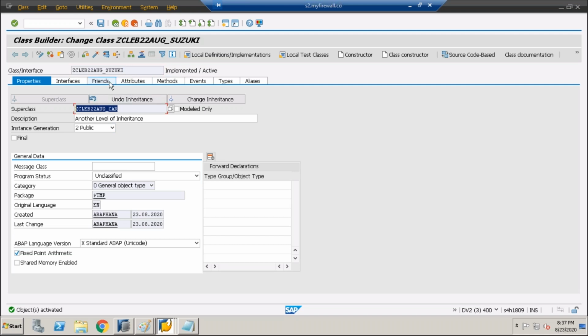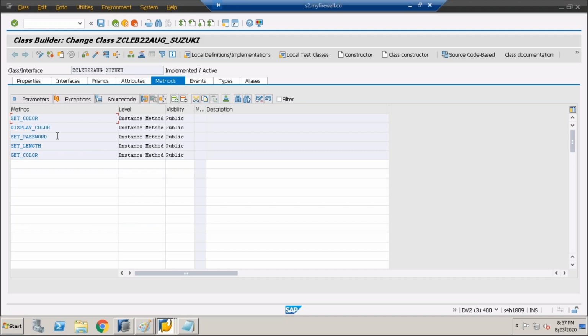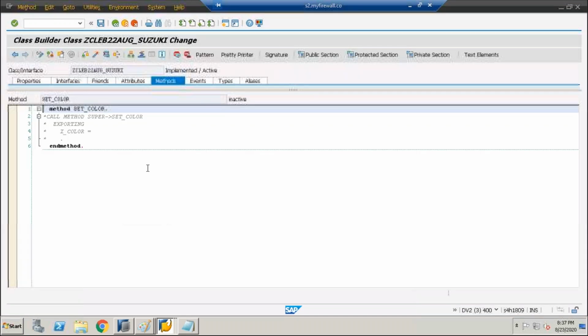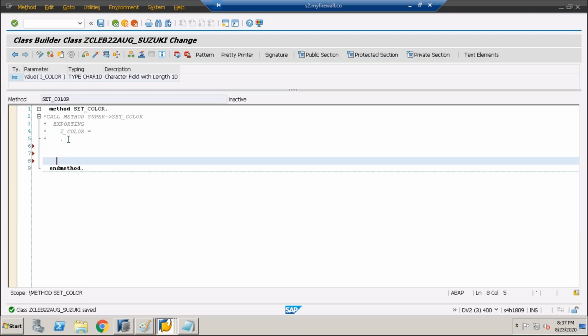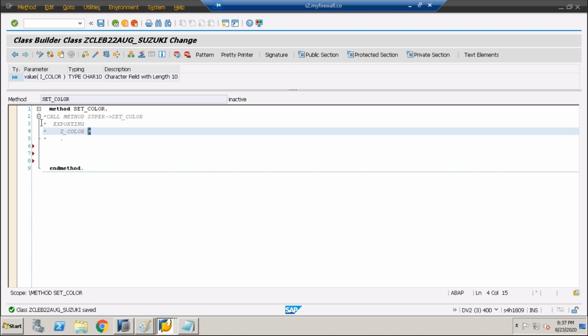You can see that here whatever the previous methods were, everything will come over here: set color, display color, set password, set length, get color. And here you can redefine the method. Suppose you want to redefine it over here, you can put the cursor over here, click on this redefinition. Okay, and you can go and write your code over here. Whatever code you want to write, you can write, and first it will run this code. If we're going to enable this one,